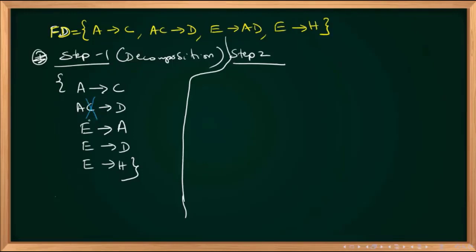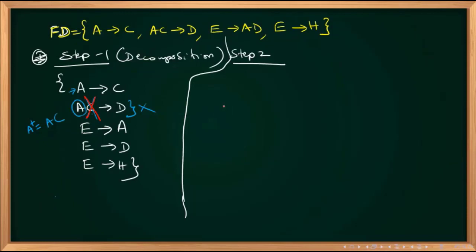You can remove an unwanted attribute only if, when you are taking the closure of A, you are getting C. Then you can remove that one. That is redundancy only. Okay. But when you are taking the A closure, you should not consider this one. Leave it and take the A closure. So with this one, you are getting A to C. So A to C is there. C is there. If you remove that one also, C is there. So ultimately, I can remove it.